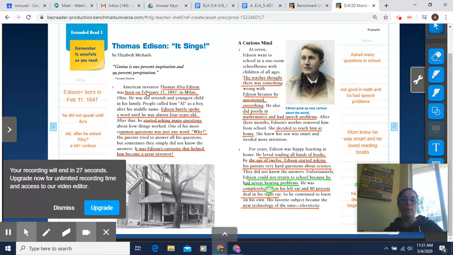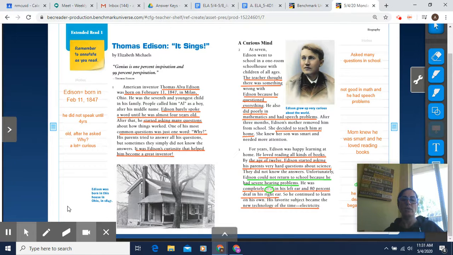American inventor Thomas Alva Edison was born on February 11th in Milan, Ohio. He was the seventh and youngest child in his family. People called him Al as a boy, after his middle name. Edison barely spoke a word until he was almost 4 years old. After that, he started asking many questions about how things worked. One of his most common questions